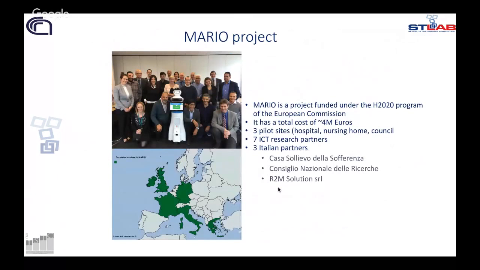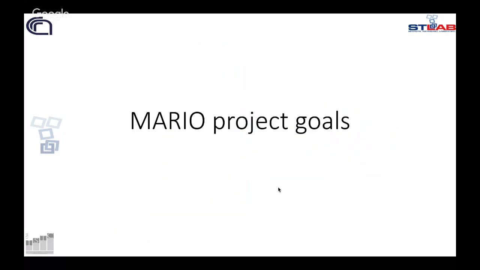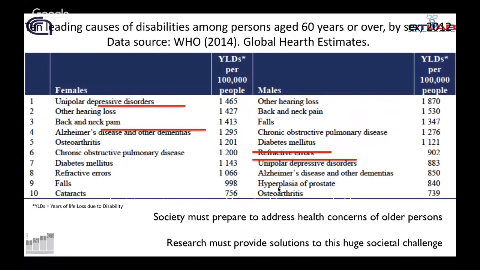This is why we have decided to apply this intuition and this theory within the Mario project. And I'm just going to say very quickly a few words about the project. I think you all know it, but I cannot be sure. So it's a European H2020 project, which has the goal of addressing, or at least contributing to address, one of the problems that our society must prepare to address,